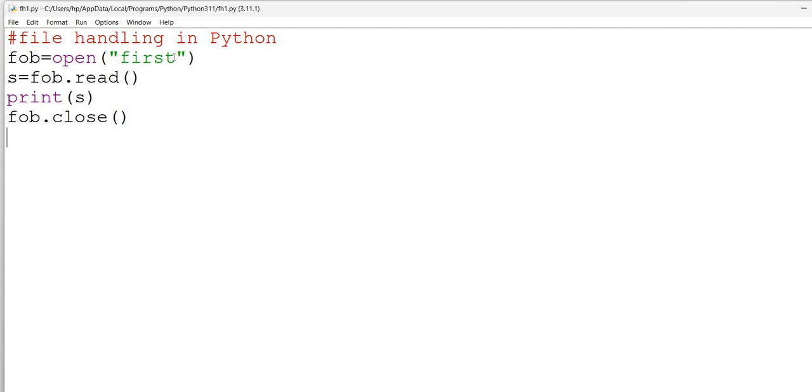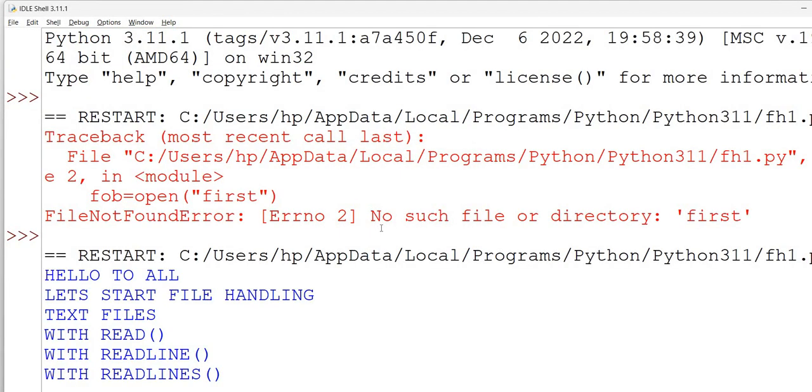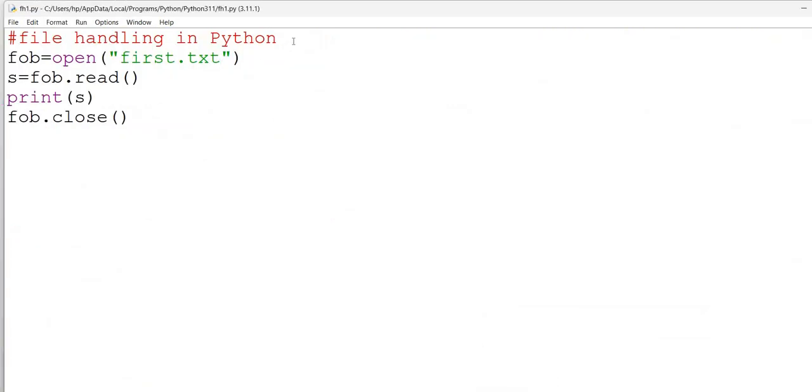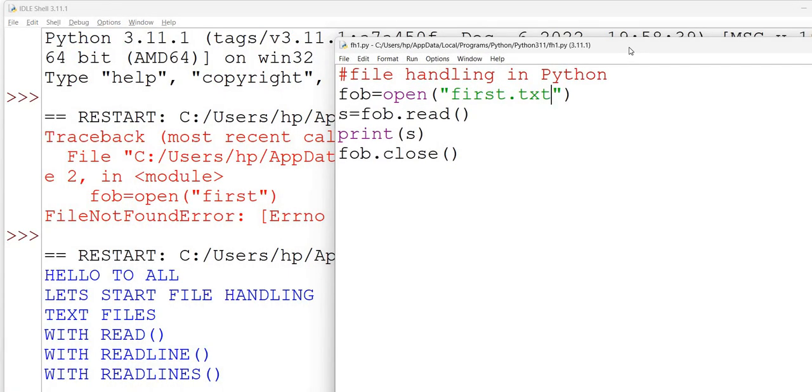FOB first dot txt. देखा, क्योंकि हमको नोटपैड में फाइल लेनी है तो डॉट txt. अब मैं इसको रन करूंगी. देखना ये छोटी छोटी बातें जो आपको हमेशा ध्यान में रखनी है. Can you see, earlier I had given the same name but I forgot to give dot txt, so it was not showing. It was showing you error, no such file. As soon as I have given the dot txt, it's showing you the file. See this one. Please check this. So our first program done here. I will be doing